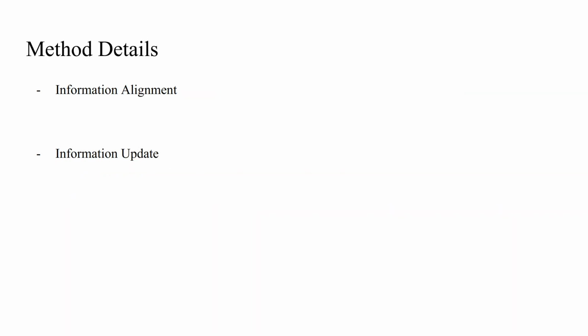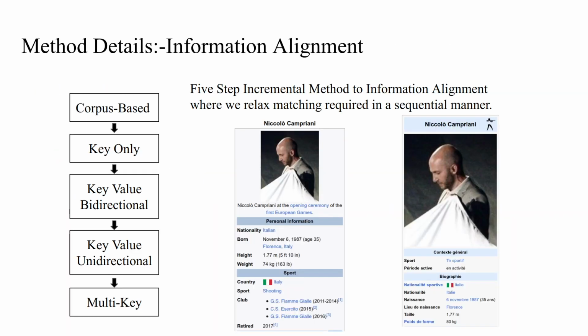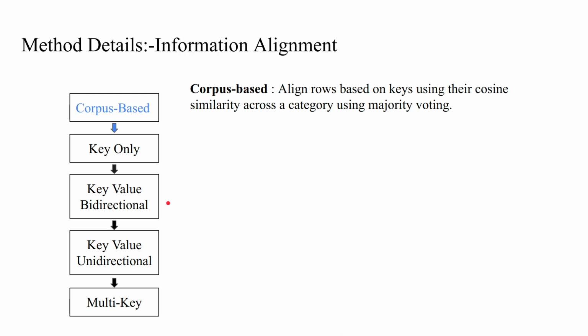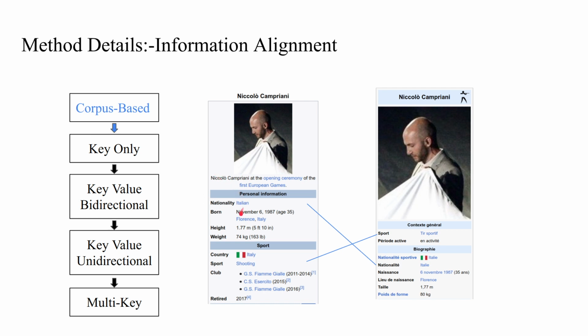Now let's move on to the method that we propose. The first step is information alignment. We propose a 5-step incremental method where we relax the rules sequentially. The first step is the corpus-based method, where we align rows based on the cosine similarity of their keys with a certain threshold. These alignments are then cross-checked across tables in the same category, and we choose the alignments using a majority vote. If we take a look at the example, the keys of nationality and sport are directly aligned